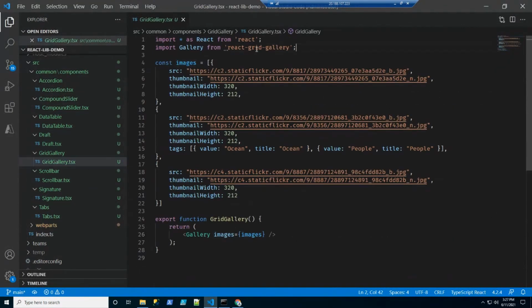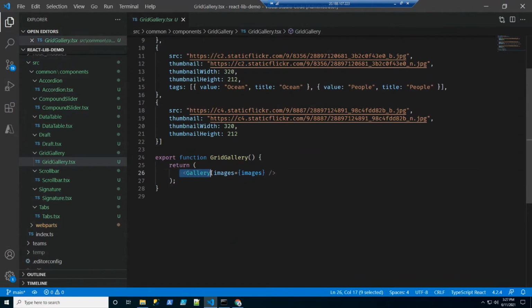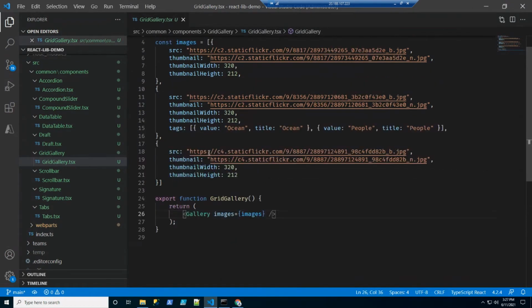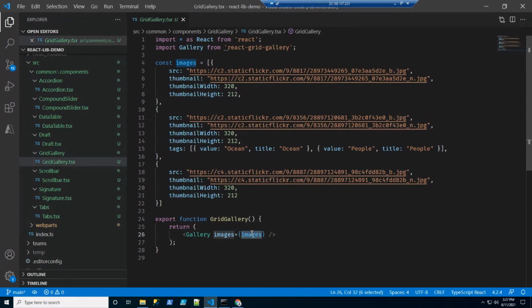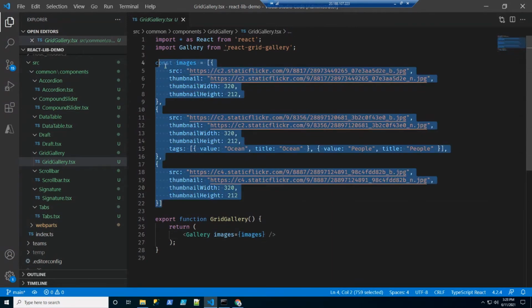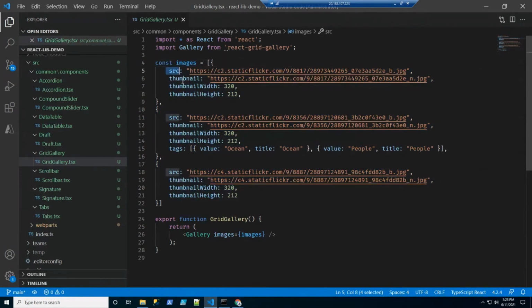I might be repetitive, but again, you import the actual component and you just create a gallery component. You see how easy this is. The only thing you are giving is the array of images, right? Right now I'm just putting in 3 static images by assigning src, thumbnail, and the width and height and everything, right? Now what you can do is also get these images from the database, create the required object, and just pass it to the gallery, and it will take care of rendering it.